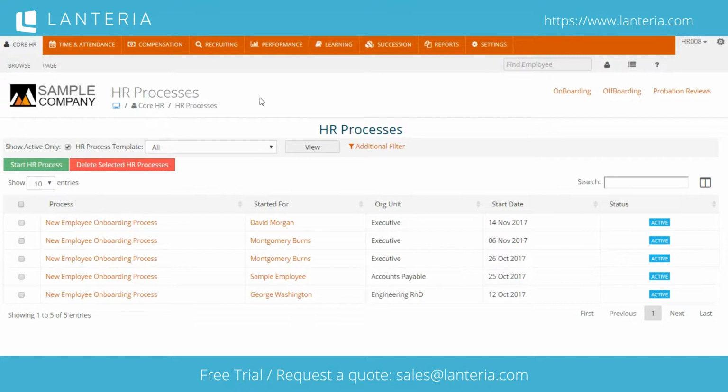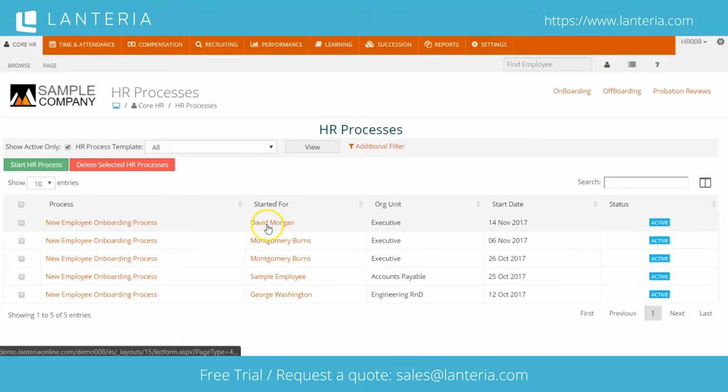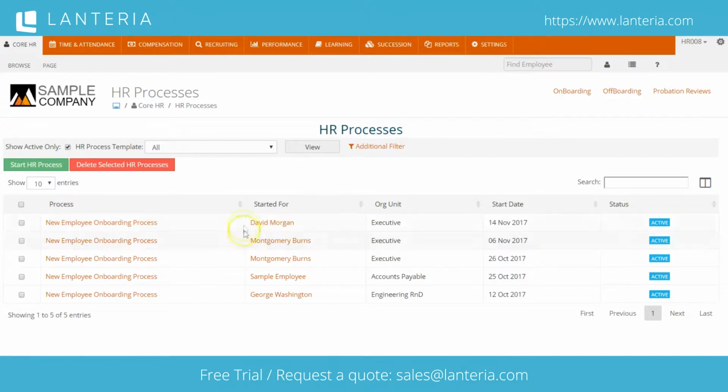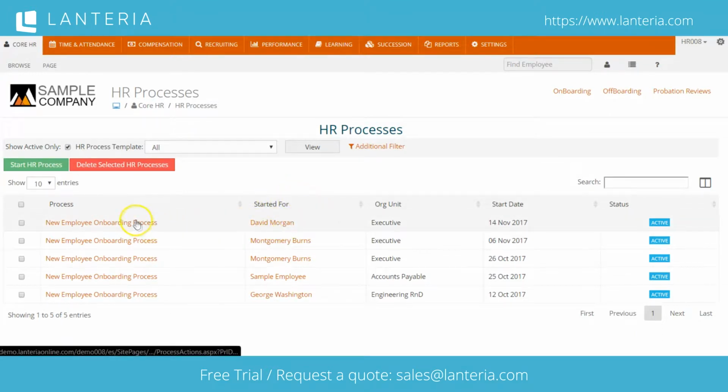An HR process in Lanteria consists of a number of different steps or a checklist in a workflow that must be completed by various employees in regards to another employee. So, for example, what we see here is a new employee onboarding process has been started for David Morgan. We actually see who the process is for. So all of the steps in here won't necessarily be assigned to David Morgan, but they will be regarding this